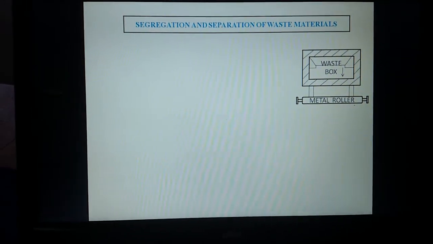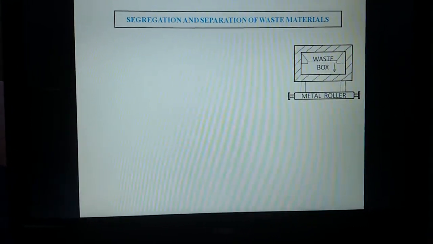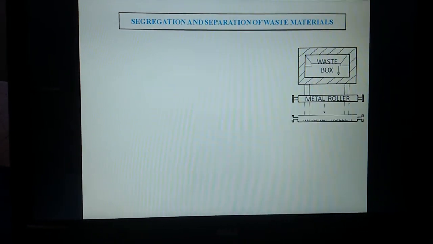Here is our project, segregation and separation of waste materials. First, it consists of a waste box where all the waste is dumped, and this waste moves on a conveyor to a metal roller, and it crushes all the waste and makes it into pieces, and